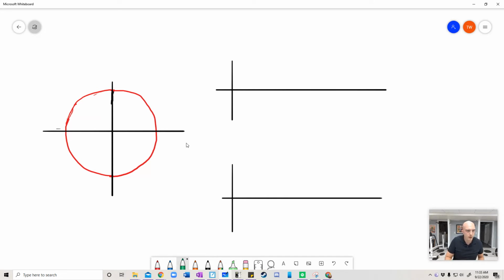So everywhere in the coordinate plane has x and y coordinates. And so how does this connect to what you learned in geometry? Well, basically we use this idea of a unit circle, which is just a circle where the center is at 0, 0 on the xy axes, and the radius of that circle is 1 unit. So if I think about any point on the unit circle,